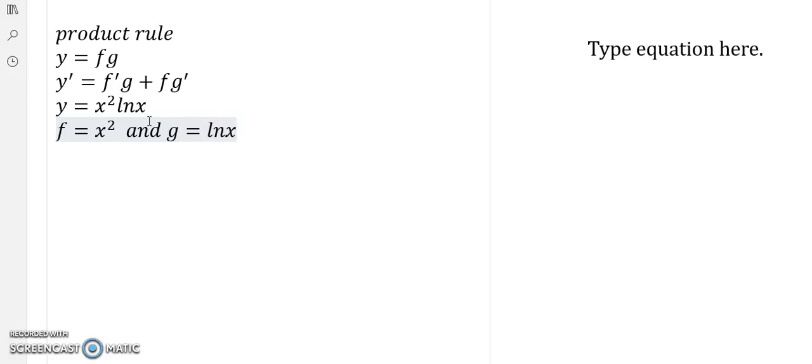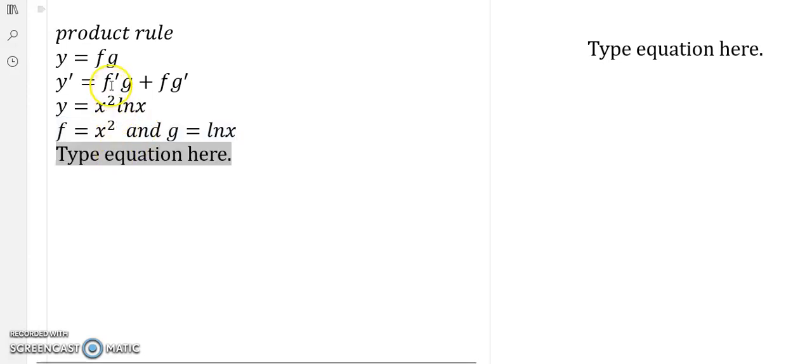Yeah, just like that. However, we have to differentiate f and g. Then the derivative of f will be f prime equal to 2x,